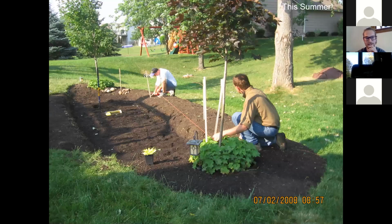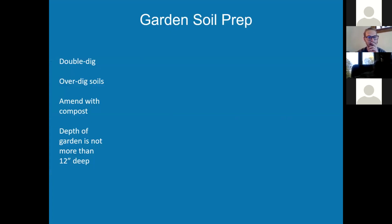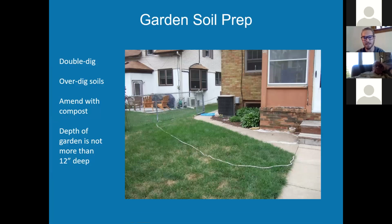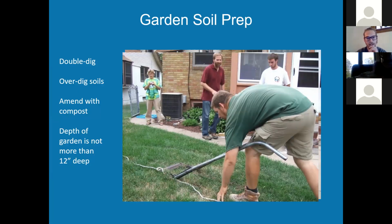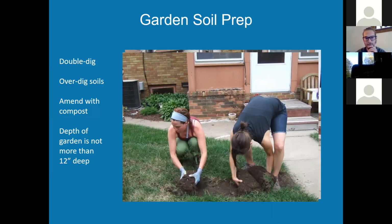And so here's some more installation pictures, measuring the elevation there on the berm. Here's a really nice example of a retaining wall at the inlet. And we'll start to just briefly go through soil prep here. So here they have the rain garden marked out with just a simple garden hose to get a basic geometry. They've done some sizing and figured out it needs to be about 12 inches deep,